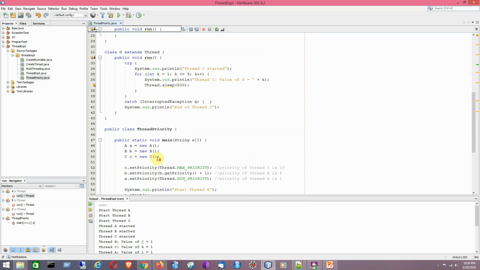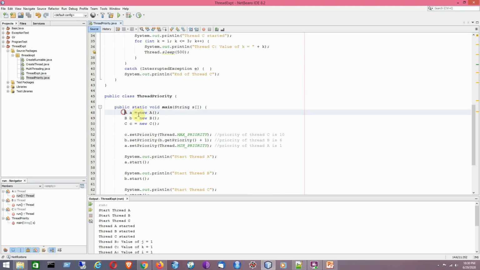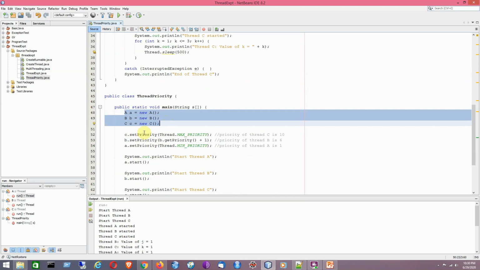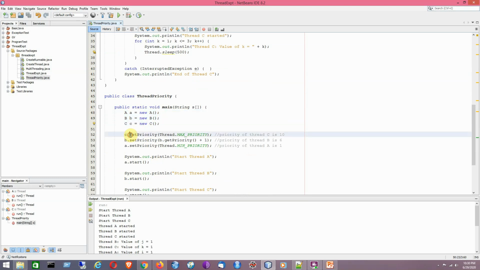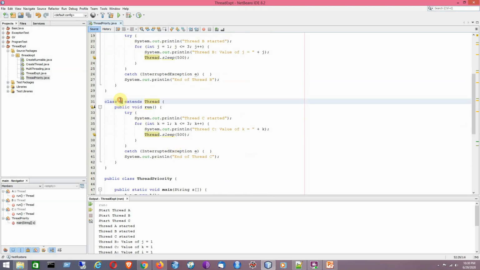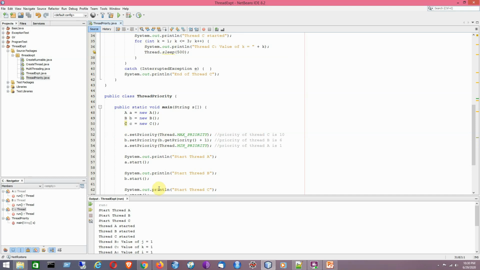Rather, I have created the objects of the thread class, then I have set the priority by using the setPriority method of the Thread class. Now I have set different priorities here. For the thread object C, I am setting the priority to 10, that is MAX_PRIORITY.